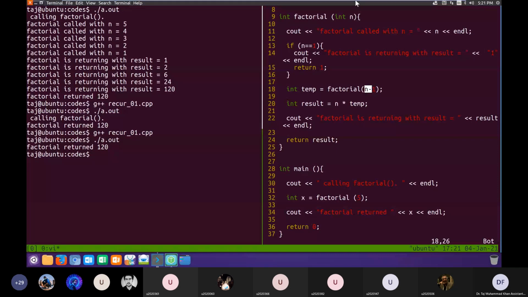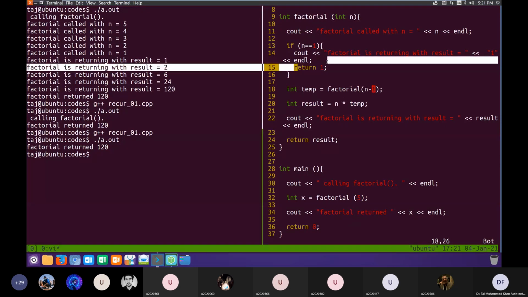Factorial n is calling itself again, but on a reduced version of the problem, factorial n minus 1. So every call to factorial is reducing the problem: 5, 4, 3, 2, and ultimately we reach factorial 1. And factorial 1 is simple enough that instead of doing anything else, we return 1 directly.